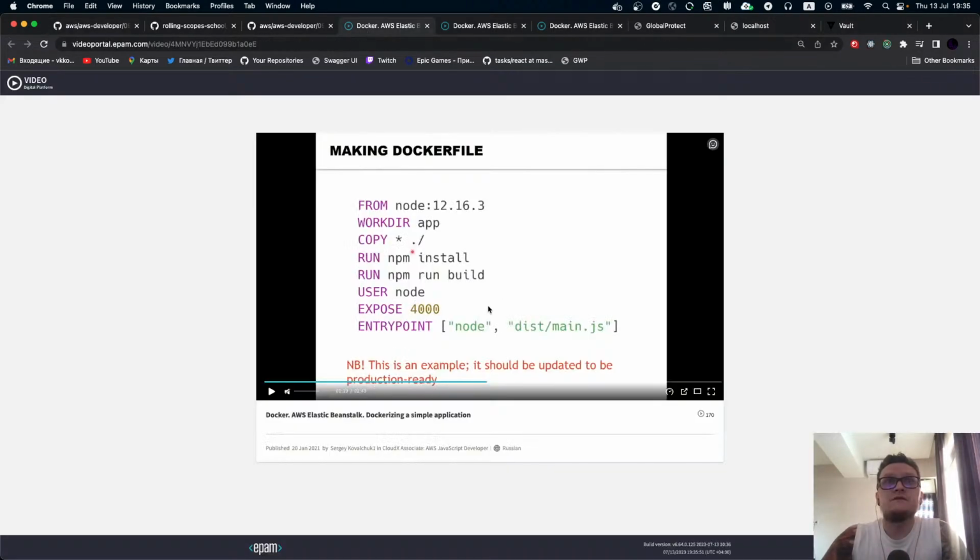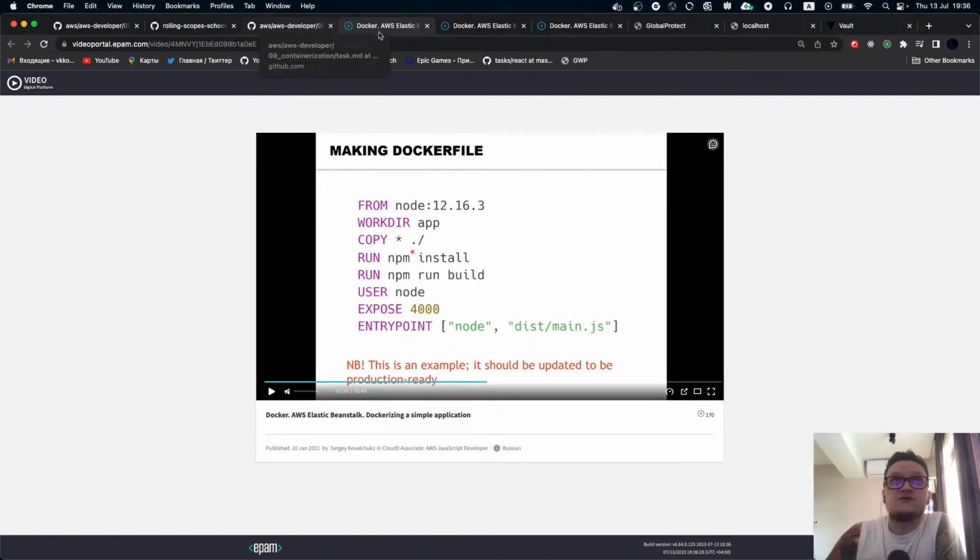And here, as you can see, actually this one is not updated, it's not optimized build, and that's the point of your homework, to create more optimized. But actually, if you just create Docker file with these commands, it will work. So your Docker will create the application, run it, and your homework is almost done. What's left is optimize the stuff. And also push it to Elastic Beanstalk.